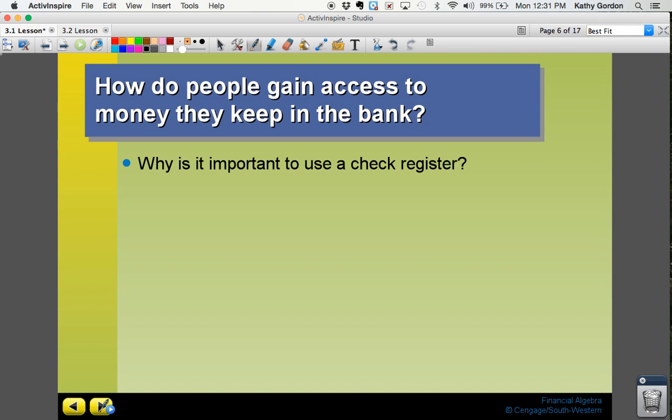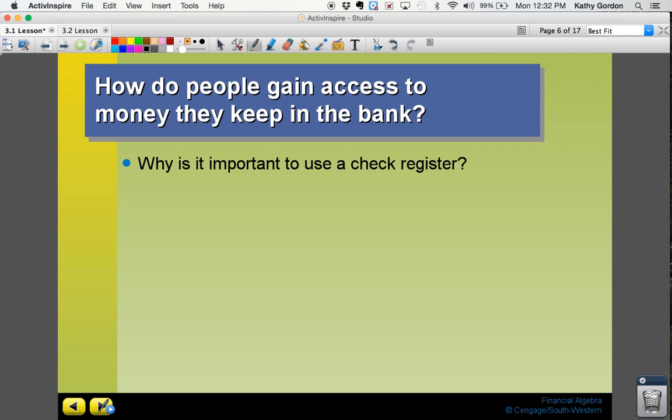Unfortunately, in this day of electronics and being able to access your account online and everything else, the check register has kind of gotten thrown to the side. If you ask most people these days, they would probably tell you they don't keep one anymore. Back in the day when I was younger and paper checks were your only way of paying for things outside of cash, this was a much bigger deal because you didn't have the online that you could just go to anytime you wanted to and check things out. But I still think this is important,